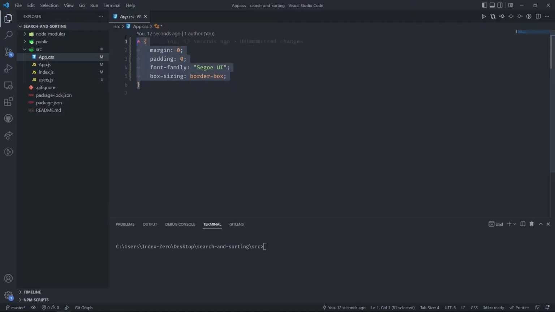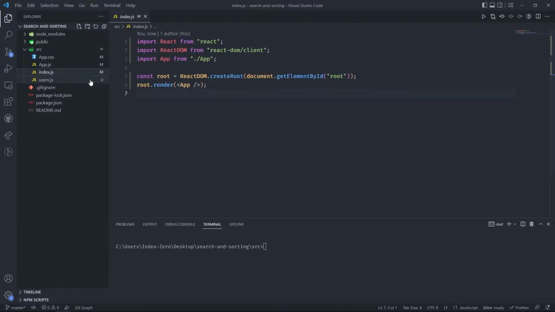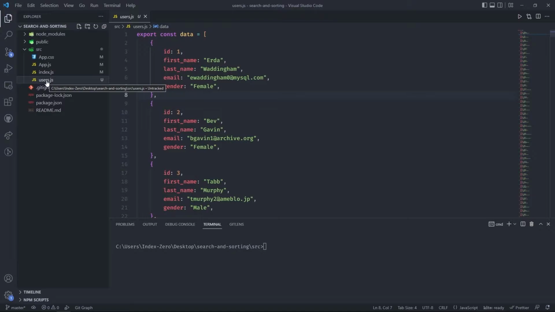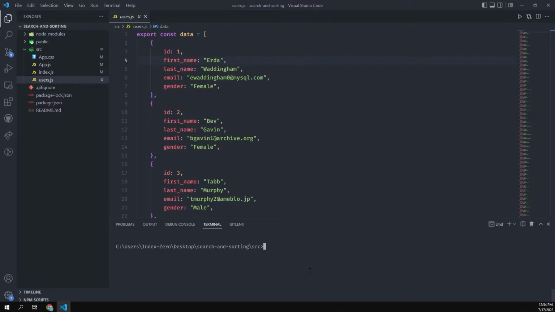By default, you see that I've changed some default styles of all elements. I've changed the margin and padding to 0, and changed the font family here, and the box sizing here. Inside this index.js, there is nothing special. And then we have this users.js. Here I'm exporting the data variable, which is a list of users. We will use them to show them in a table. And that's it. Now let's run this app,